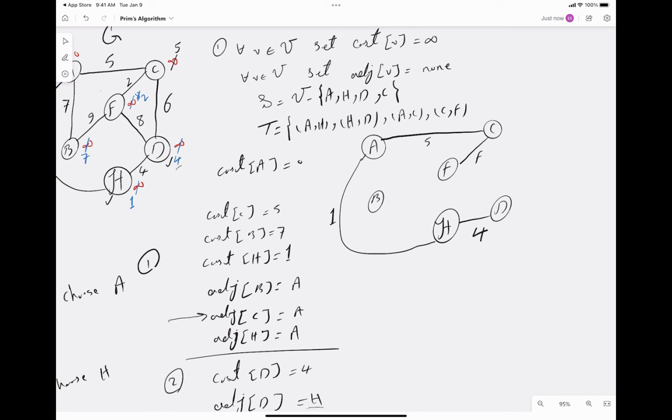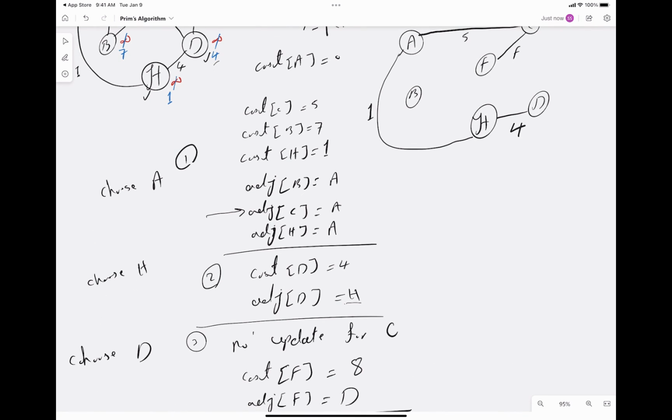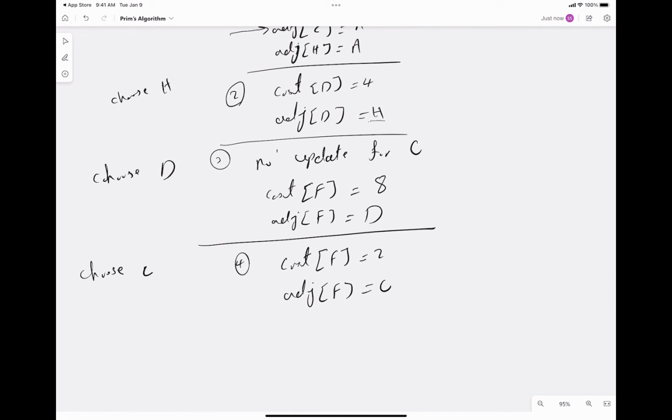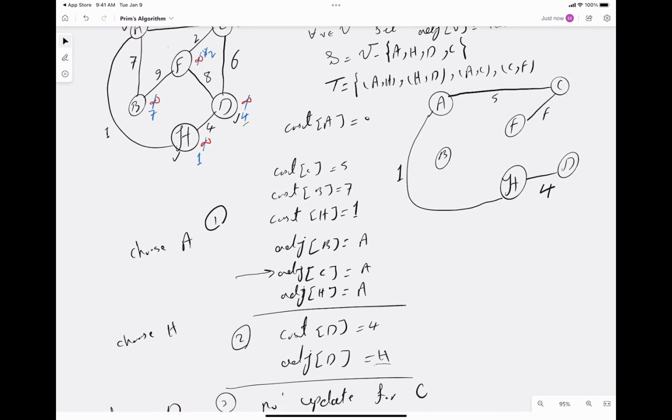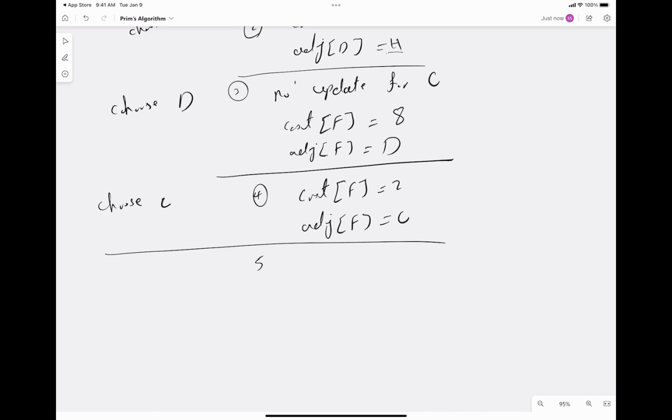So far as you see, I have added 4 edges, and that means that it's going to be the last iteration because I need to add only one more edge to the spanning tree. So after this one we're going to the 5th iteration, and we're going to choose the edge which has the smallest cost. So between F and B we have the node F, so I'm going to here